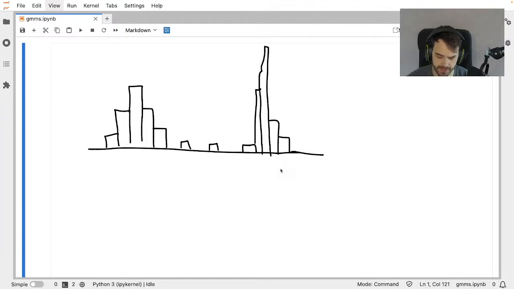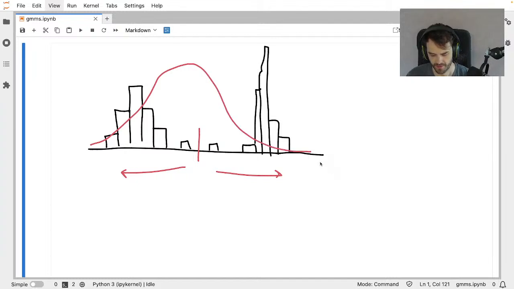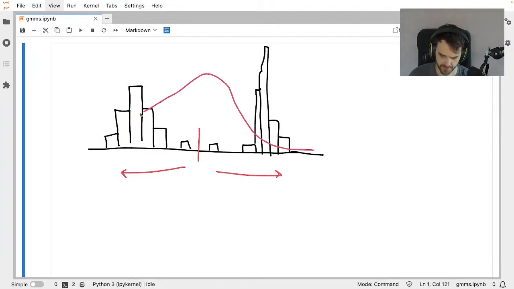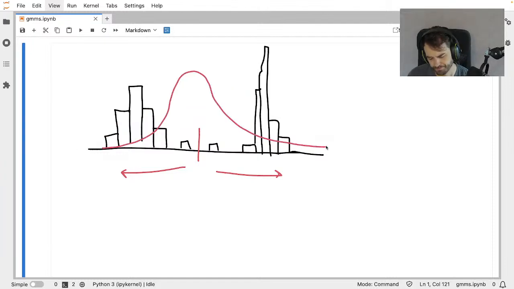But if you were to apply the same method of thinking or the same trick over here, you will notice that it doesn't work. Mainly because if you were to calculate the mean, you would end up somewhere over here. And if you were to calculate the variance, it would get huge, right? So the normal distribution that you would fit would look like this. Maybe draw that a little bit more centered. It's hard to draw, but it's a smooth thing on top. And you can tell yourself, well, this is a normal distribution, and it summarizes this data set. But you can also just see the mismatch with what we're actually dealing with.